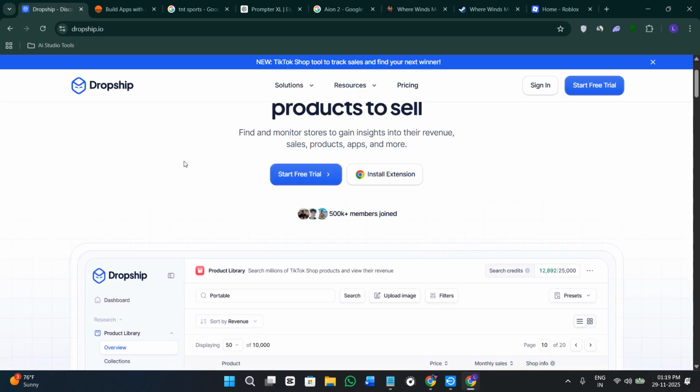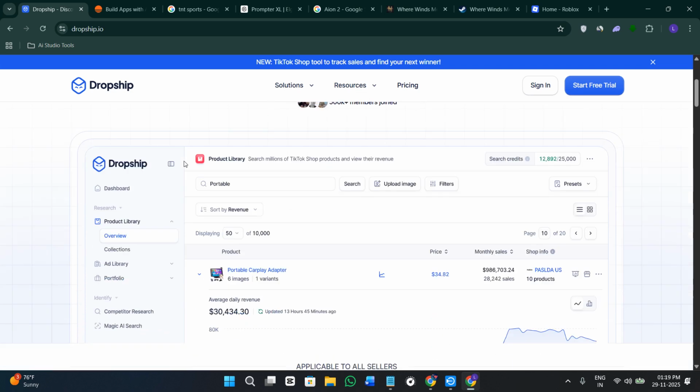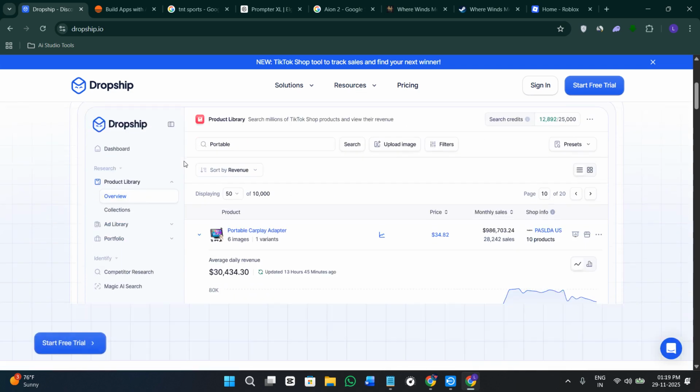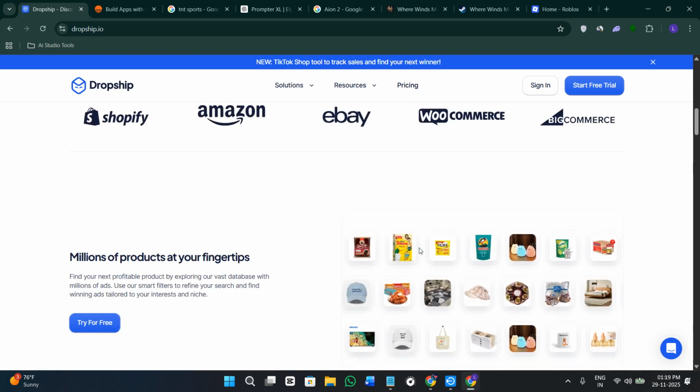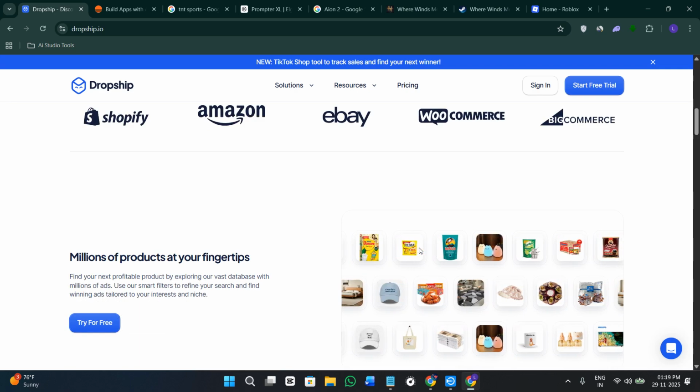The next thing that you need to do with the dashboard is to open the competitor analyzer. There you need to paste the link of any of the stores that is selling your chosen product, and dropship.io shows their traffic, their price strategy, and ad activity. So this particular thing helps you avoid any kind of saturated items and pick the version of the products with